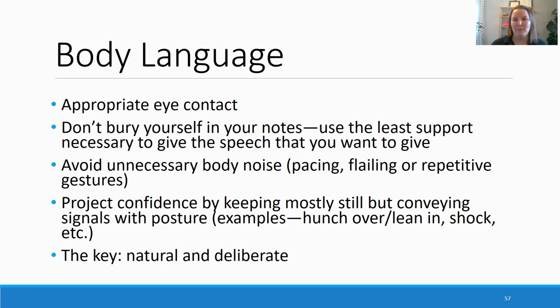A lot of the aspects of delivery that your textbook talks about and that are good things to incorporate into your speech making can feel very awkward and unnatural to you as the speaker. But please believe me when I say it does not look awkward. It does not sound awkward to your audience. The pause that you might need to take to look at your note card, or keeping your arms at your sides and not moving your hands, or just speaking more slowly, comes across as natural to your audience